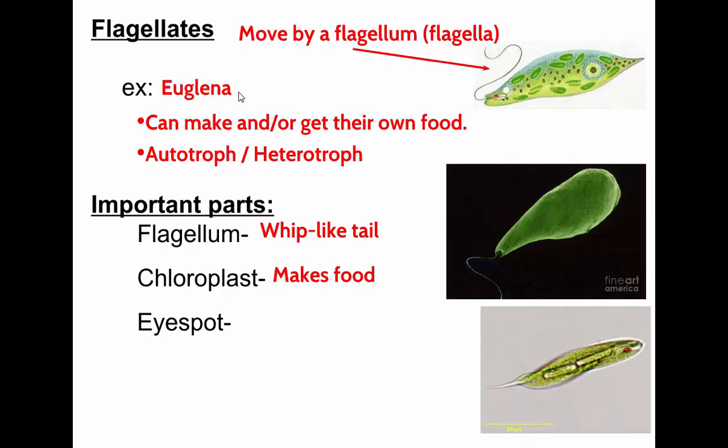And it also has this part up here called the eye spot. And the eye spot is a part of the cell that is sensitive to light. Now it can't really see. It's not an eye. It doesn't see anything. But it can tell where there's light so that the euglena can swim towards the light, allowing it to find light so it can undergo photosynthesis.